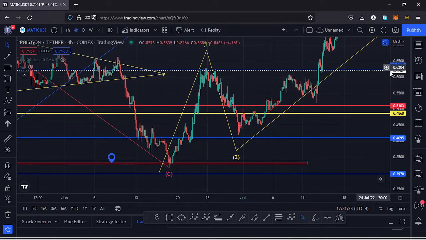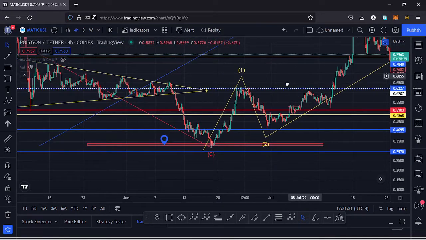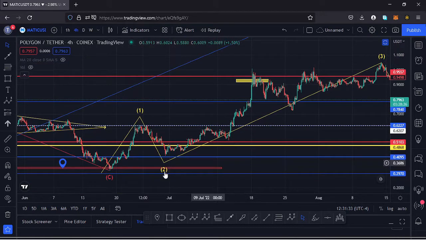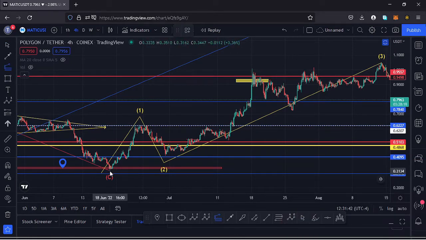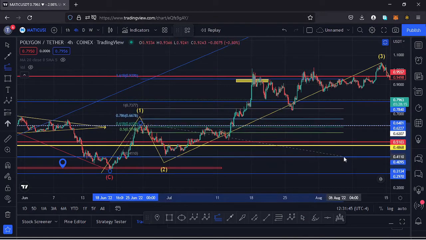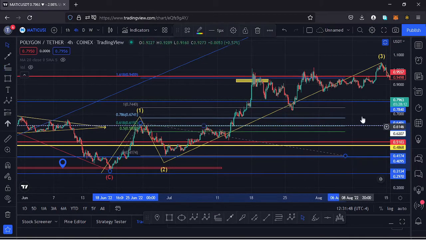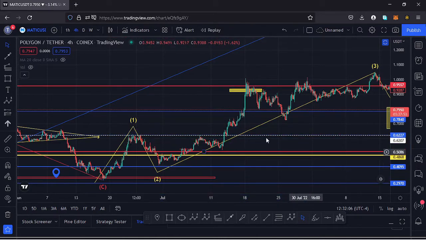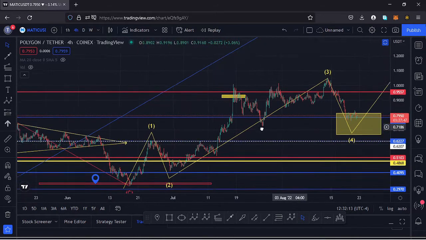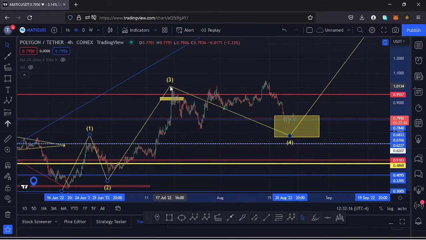Then we started to see a very nice bounce to the upside in the formation of our wave 3, and I had a target area here on the charts for that third wave to the upside at around the $0.93 mark, and I was basing it on the trend-based Fibonaccis, connecting the low of the wave 1 to the high of the wave 1, then dragging the Fibs to the low of the wave 2. That gave me a target area for that third wave to the upside at around the Fib level 1.618, that is at around the $0.93 mark. We maximized our yellow target area for that third wave to the upside, and initially here on the charts I had these as the high of that third wave to the upside.